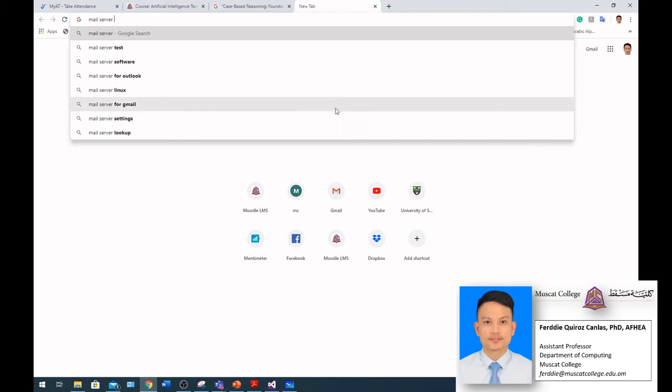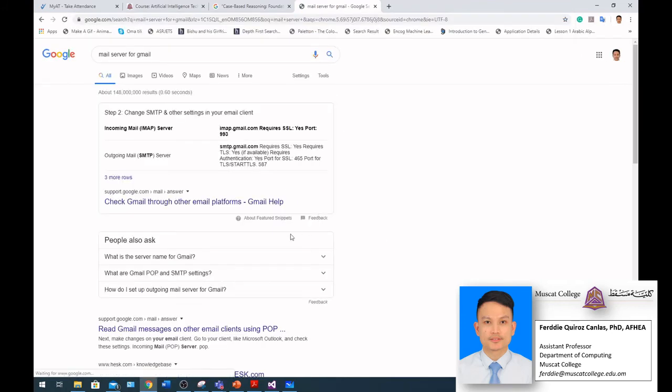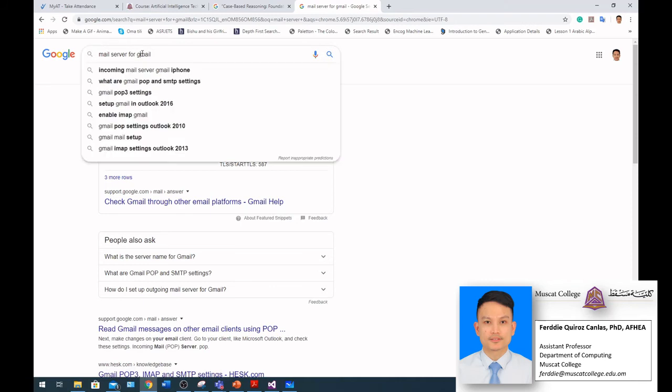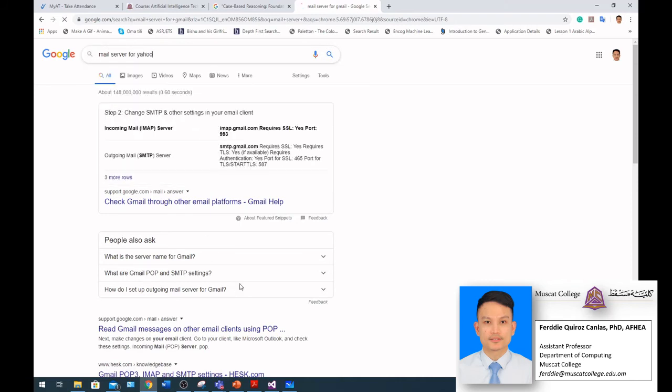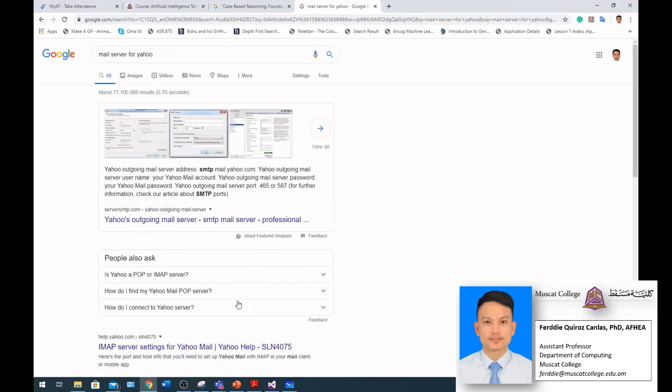settings for Gmail. So this one, okay. So it says for Google, IMAP, SMTP. Okay, you have both. So basically you'll be using smtp.gmail.com. Okay, so if you want to send and receive email with Gmail. For Yahoo